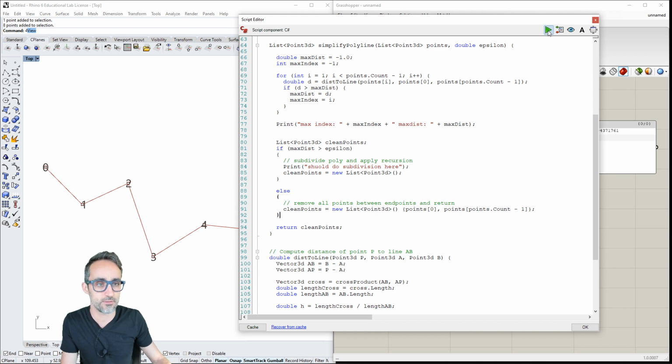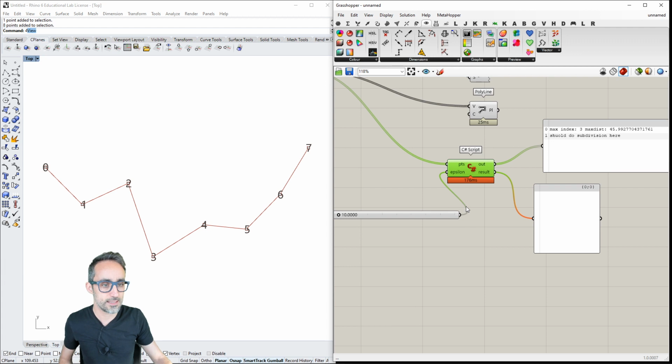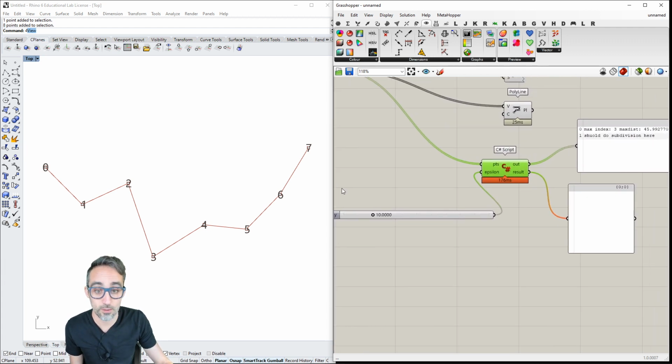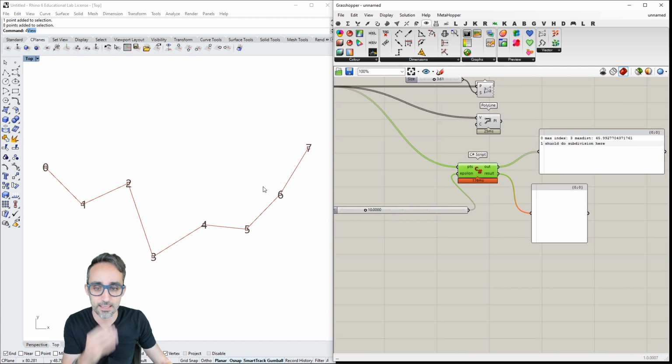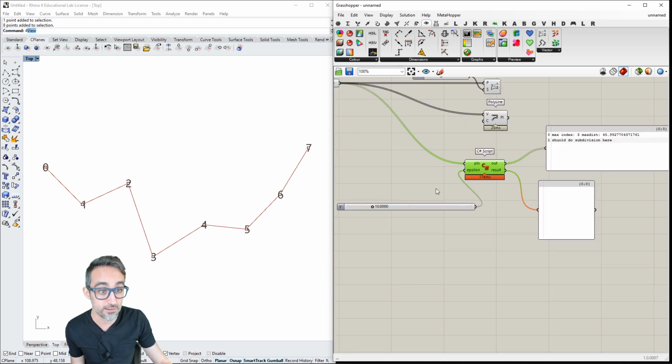So let me see if this works. I'm going to execute this. You can see that epsilon is right now at the value of 10, and here it says the maximum distance is 45, which is greater than 10, so I should do some recursion.